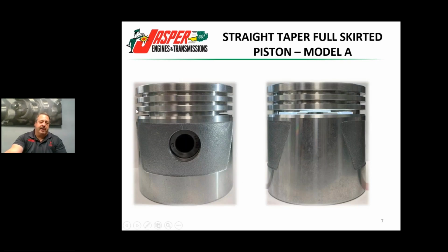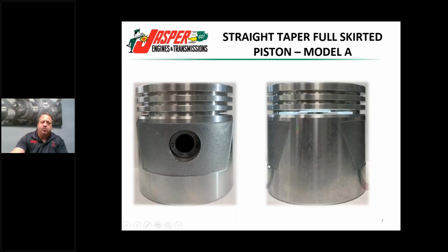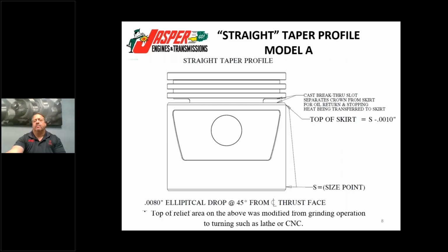This would normally be cam ground, but this one you see where the very top of this relief area, that is actually part of the diameter. Now, when it was ground before, that would be recessed, and the same as this cast right in this area, so the grinding wheel wouldn't hit it. If you did, you'd continually break down the grinding wheel. So the basic design you have on a grinder is a straight taper. It would normally be from top of skirt to bottom,